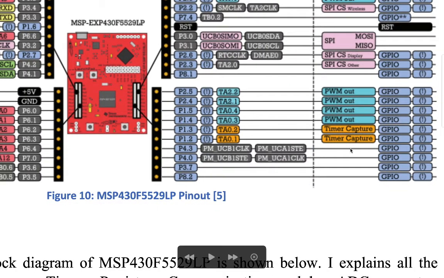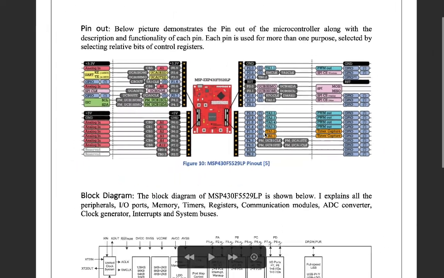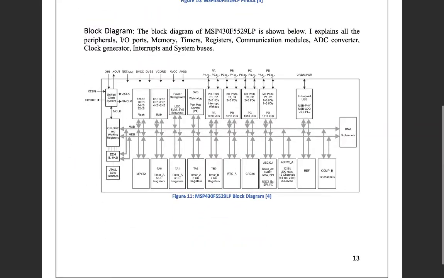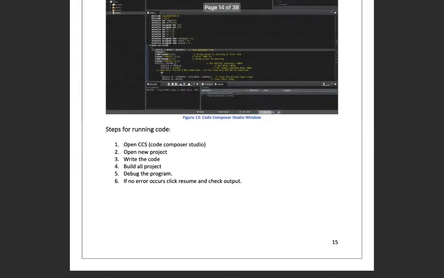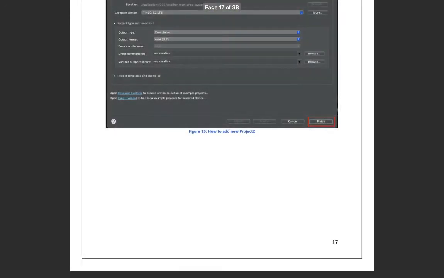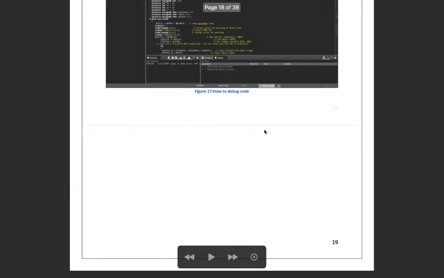You can use it as a timer capture, or as a GPIO, general purpose input output pin. To send the start pulse, we configure it as a GPIO. By default it is GPIO, but now we will configure it as an input pin and a special function pin, which is the timer capture pin.